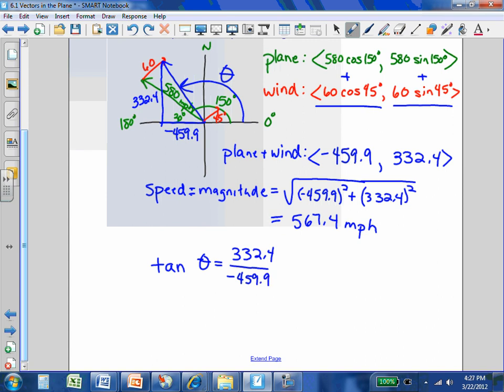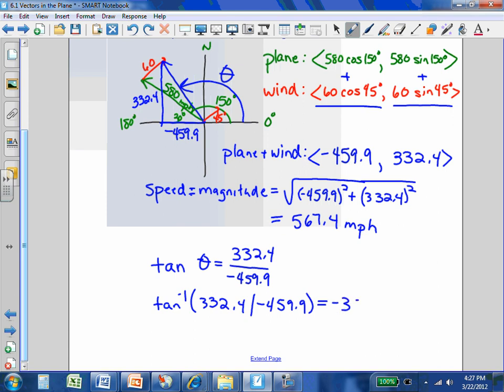Remembering that we are indeed in the second quadrant, and tangent's only good for first and fourth, we're going to have to do some adjusting, but I'm going to do my inverse tangent of 332.4 divided by negative 459.9,